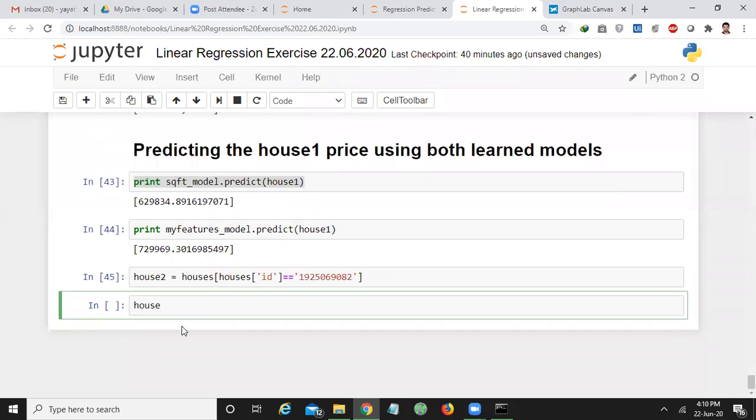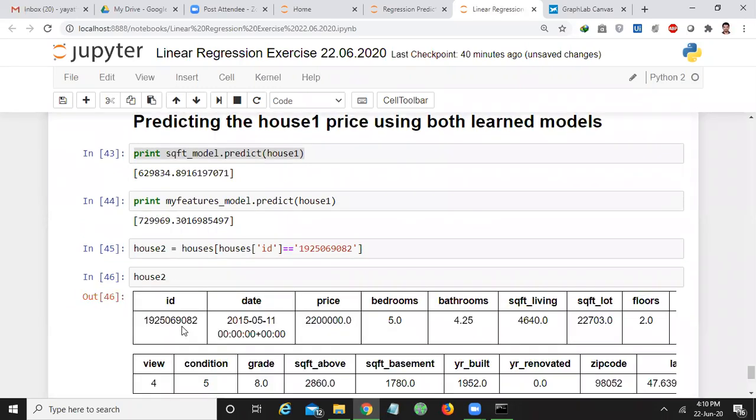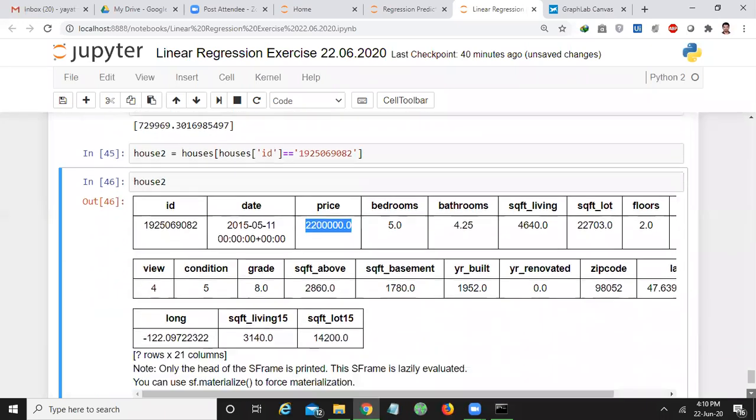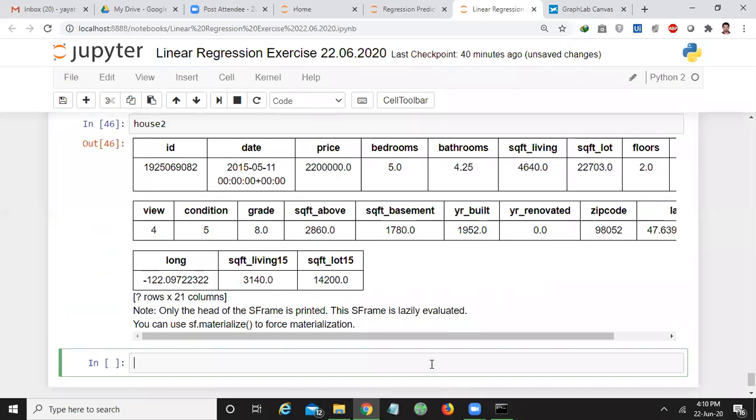Now let us check the house 2 price by printing it. So what is the house 2 price? 22 lakhs. Okay, somewhat the highest, a somewhat costly house.